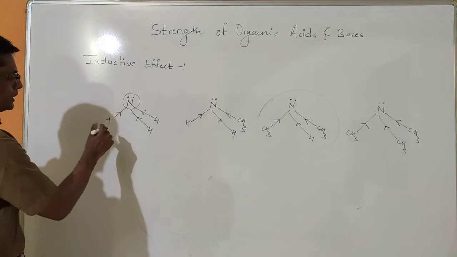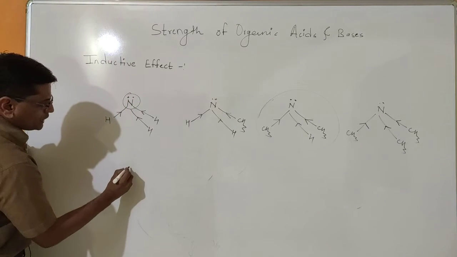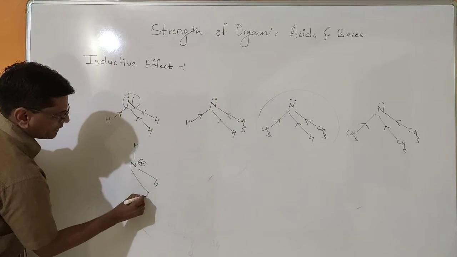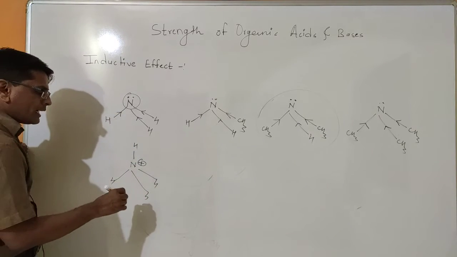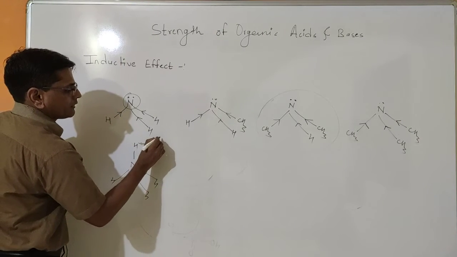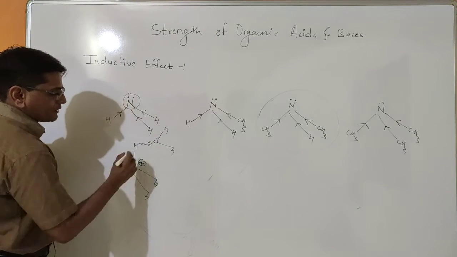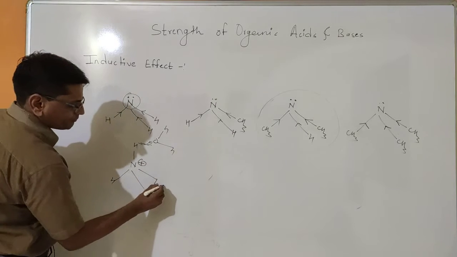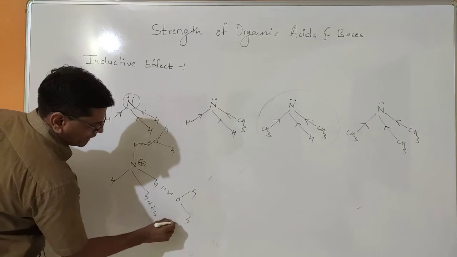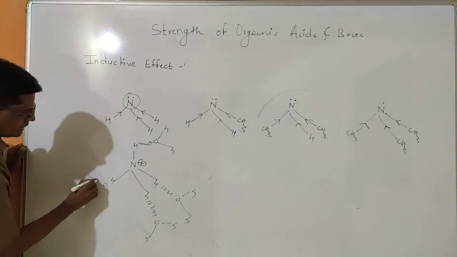So here when NH3 is protonated, it gets converted into the cation ammonium ion, and this ammonium ion is solvated in water. They get attracted by the water from all sides. So four water molecules are stabilized to this